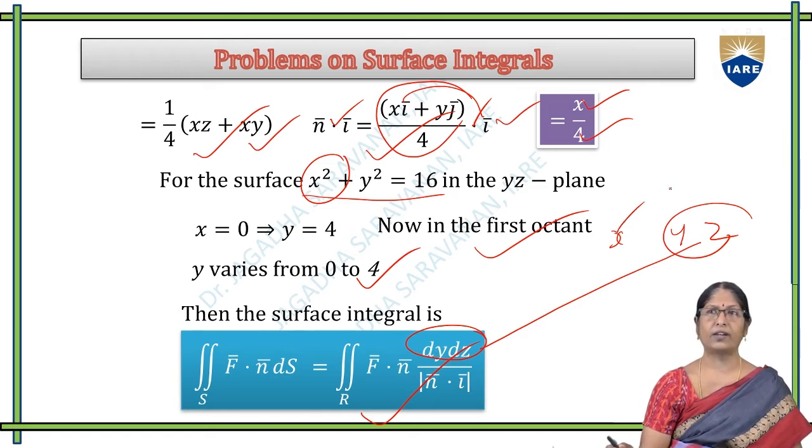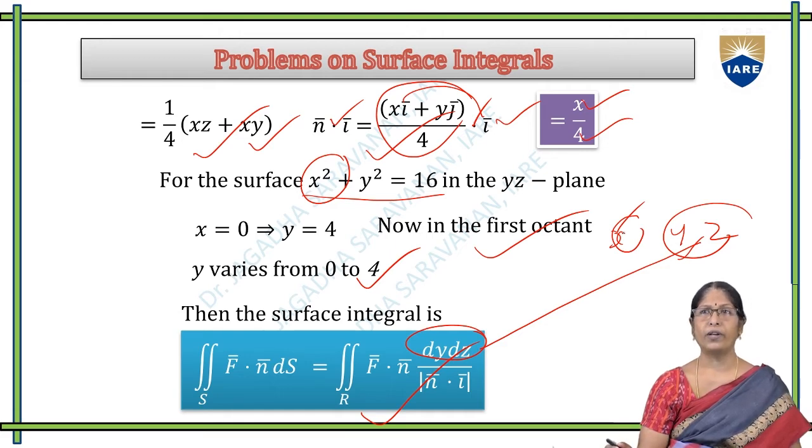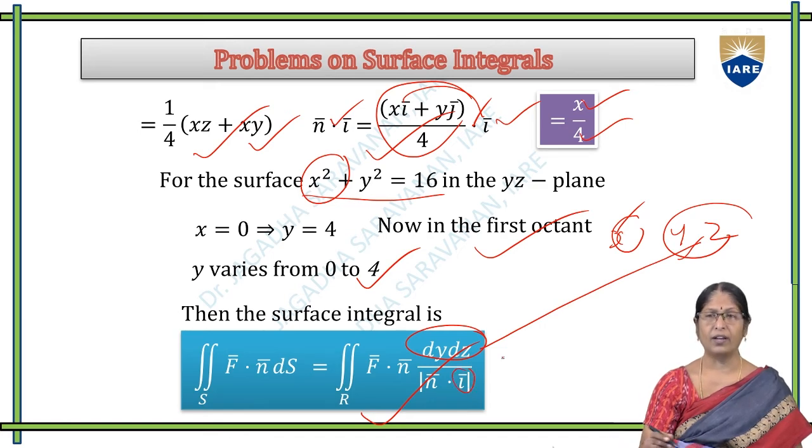Then the third dimension is perpendicular to this plane, so that dimension is x. Related to that, the mutually perpendicular vector is i. That is the reason n dot i is selected. Now, already in advance